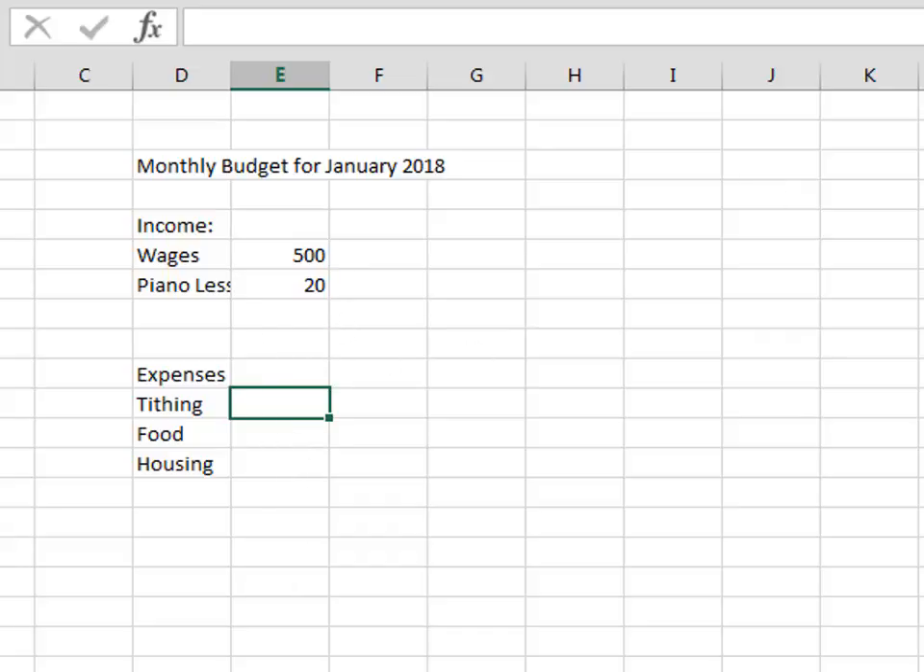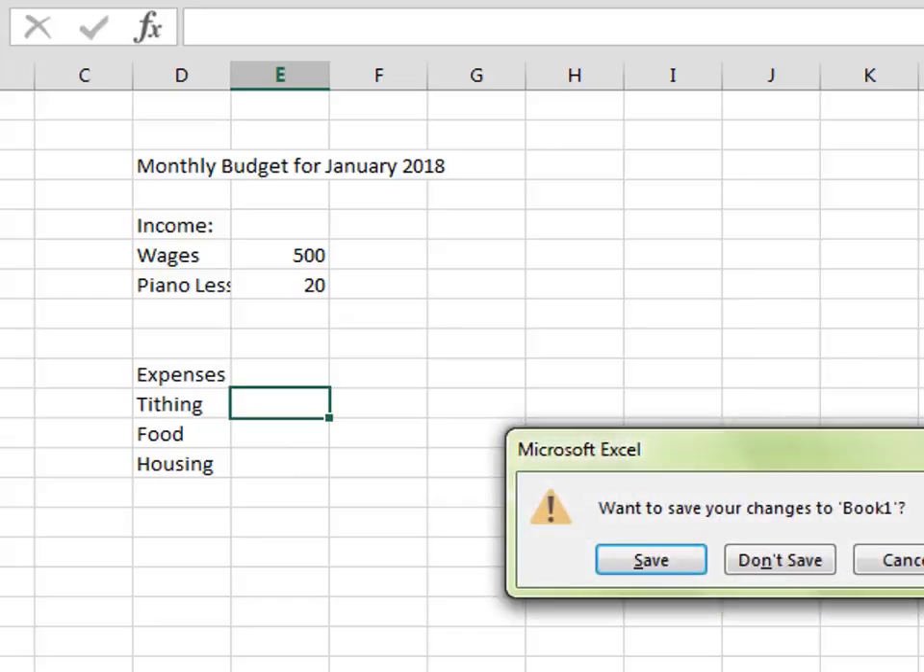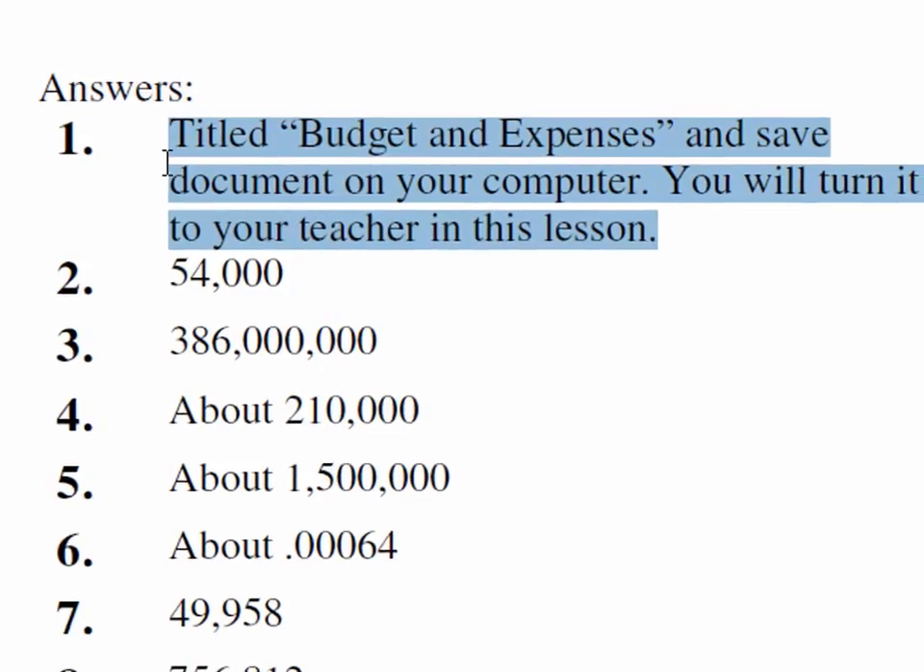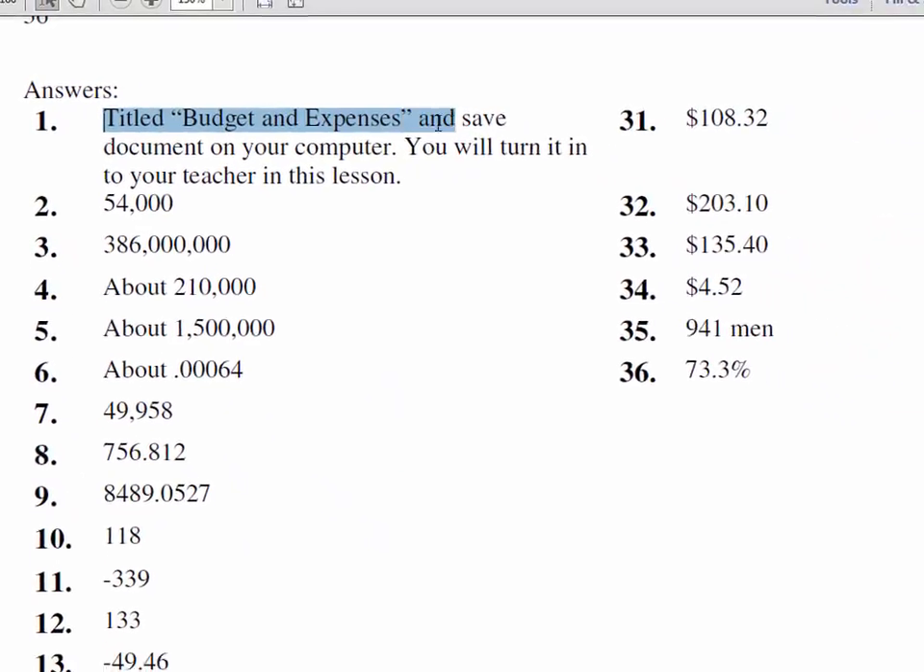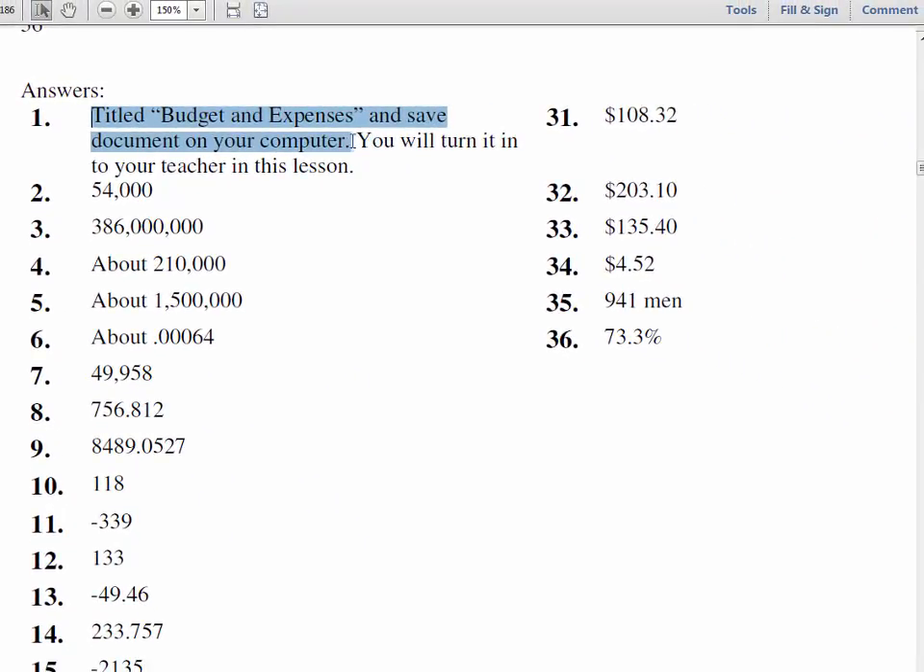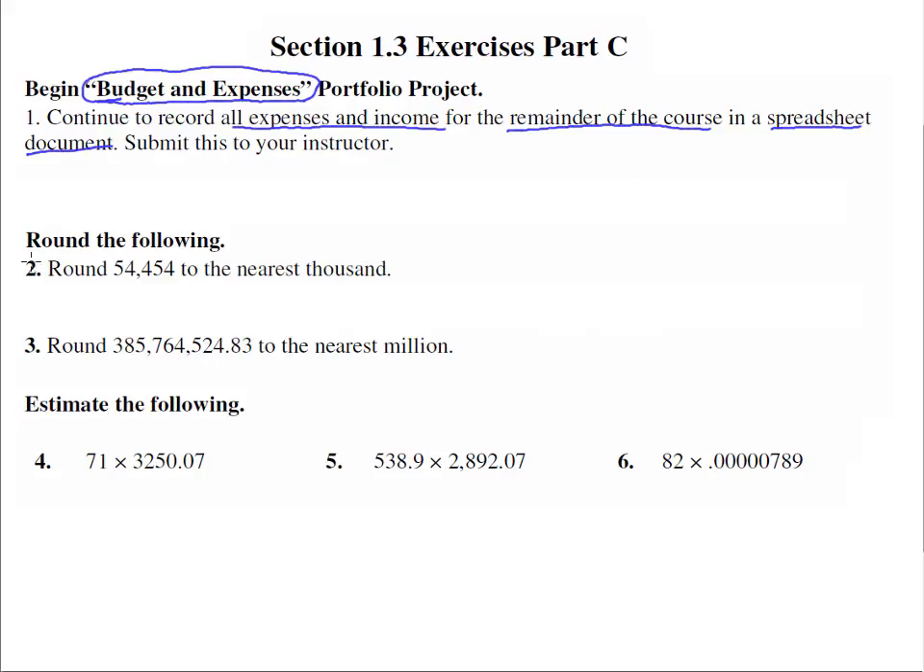Okay, I hope that gives you a good help on problem number 1. If we check our answer, you'll notice it says, hey, title it budget and expenses, save it on your computer. There will be a point where it'll say turn in this document. So have it ready for that. All right. Number 2,